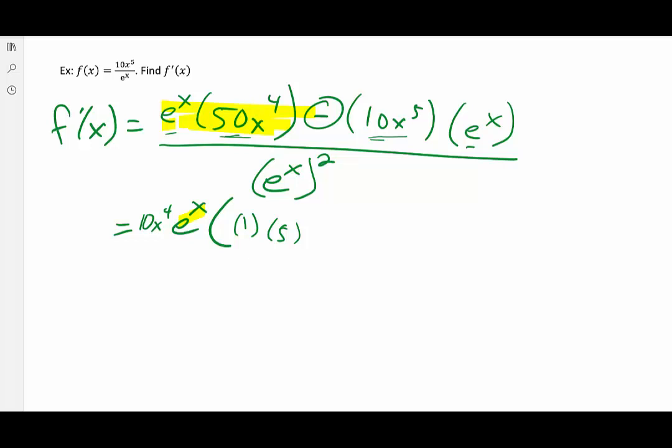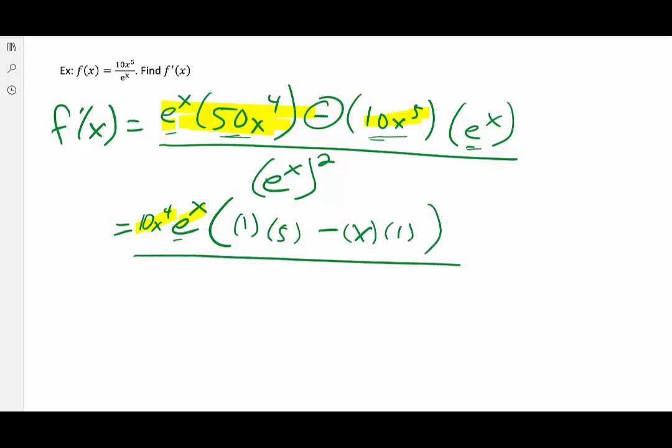Minus, okay, now let's focus on this side. Let's take a 10x to the 5th. We divide it by 10x to the 4th. That leaves you with a 1x to the 1st power. And then the e to the x was already divided by e to the x, and that leaves you with a factor of 1. Okay, and this is all over